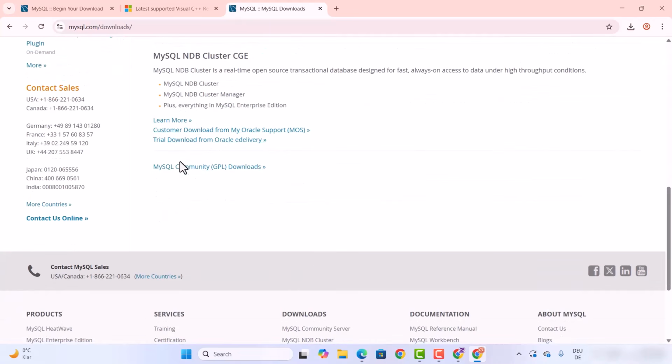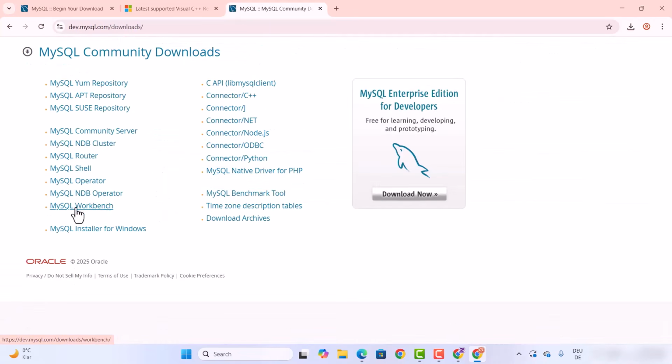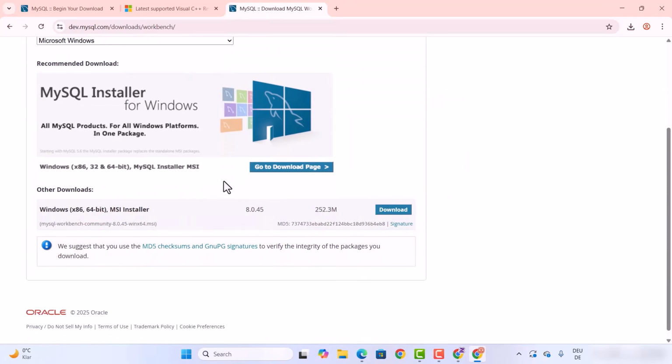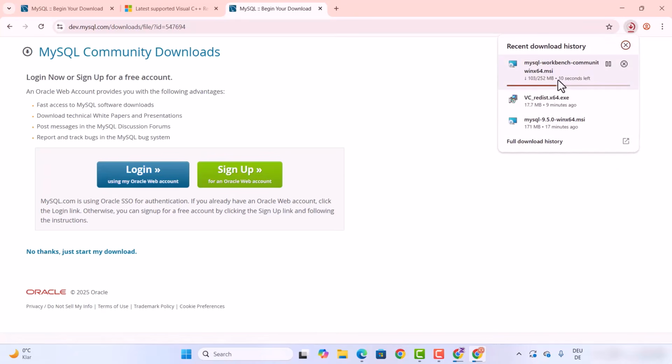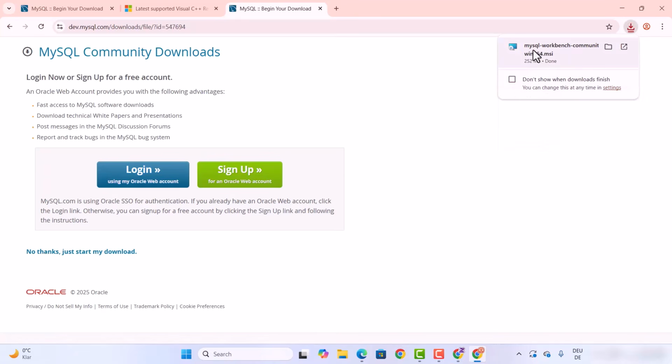and then at the very bottom click on MySQL community downloads, and then we are going to choose this option which says MySQL Workbench, and then we just need to click on this download button here and then click on no thanks, just start the download. And then at this point we just need to wait for this download to finish, and once this MySQL Workbench community MSI file is downloaded, I'm going to click on this MSI file,